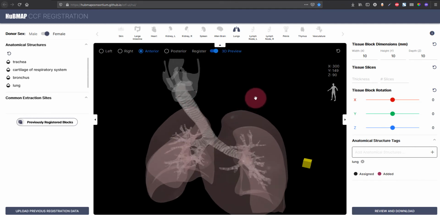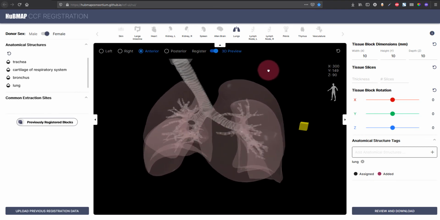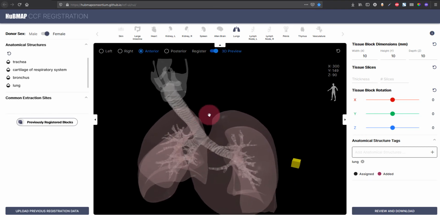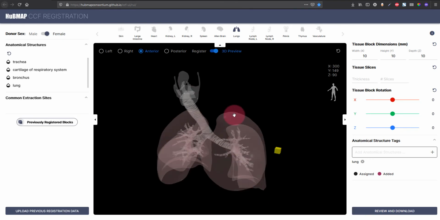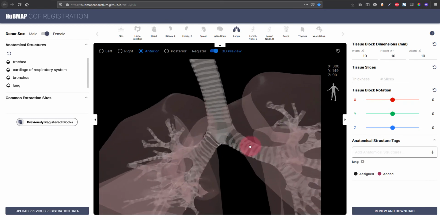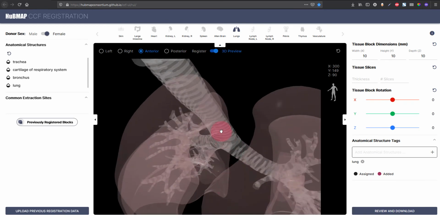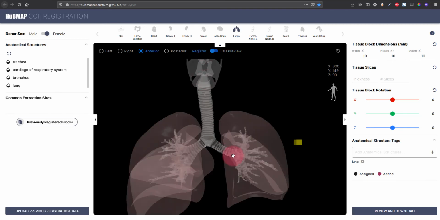Now, if you click and drag your right mouse button, you can pan the camera, so you can move around the camera. And then finally, if you use your mouse scroll wheel, you can zoom in and out. This might take a little bit of practice, but it is a really neat way of exploring a 3D scene, basically with a lot more freedom that you would have in the registration view. However, in order to actually perform the registration, we have to go back into registration view. So I click the toggle switch again.